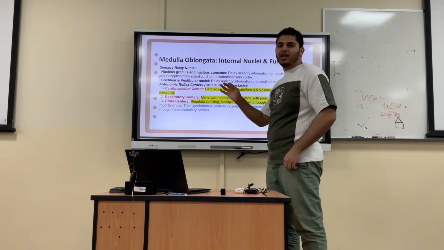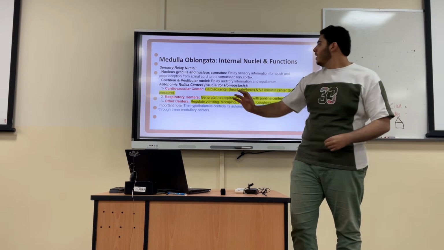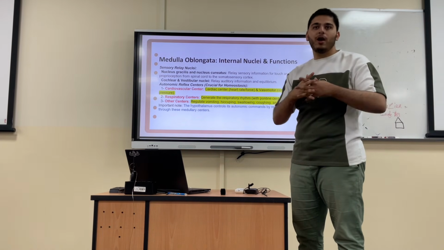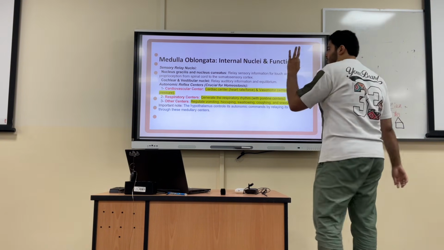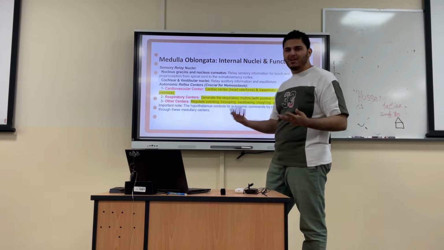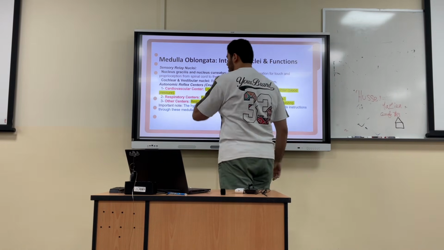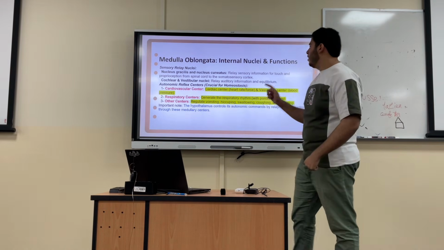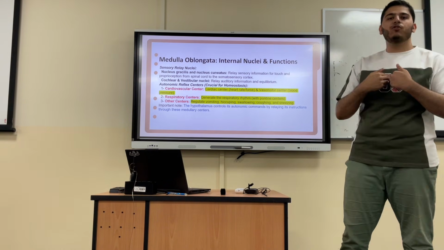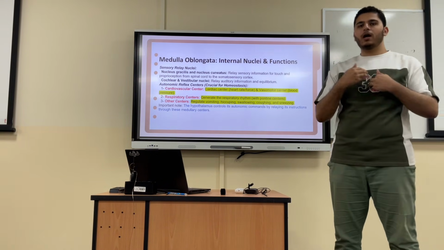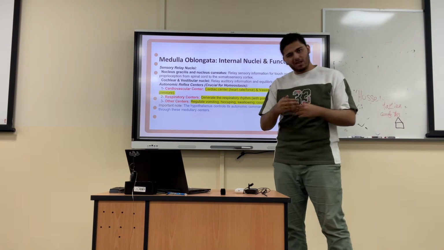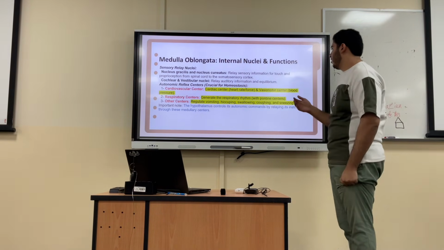Now, the most important thing in the medulla oblongata is the following: the reflex centers. They are very crucial for homeostasis, and they mostly work with the hypothalamus. We have 3 centers. It's not like two centers and other minor centers. The most important are the cardiovascular center and the respiratory center. What does the cardiovascular center mean? If any change happens in the cardiovascular rhythm, like the heart rate, the blood flow, let's say the venous return, as you will take in year 2, no problem now in these terms,